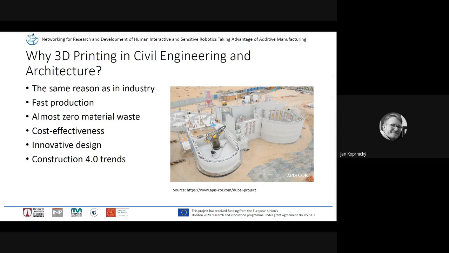semi-finished building, the largest 3D printed building in the world up to date. So this is a building in Dubai, and it was built by this robotic system, by this arm by the company Apis Cor. Well,